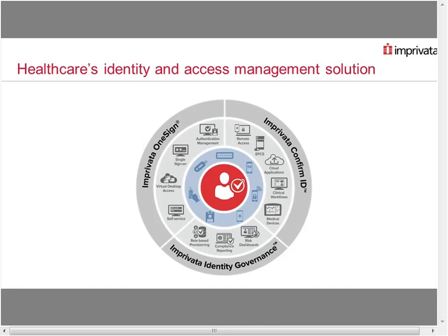When you think about how identity governance relates to all of this, if I'm the end user trying to streamline my workflow, I get access into my workstations with tap and go functionality on day one. I no longer have to send a request to IT. There are no external processes. All those individual capabilities that I've come to trust over the years, I'm able to get on day one. And from an IT perspective, if I'm provisioned for these applications and this process, once I do leave the facility,